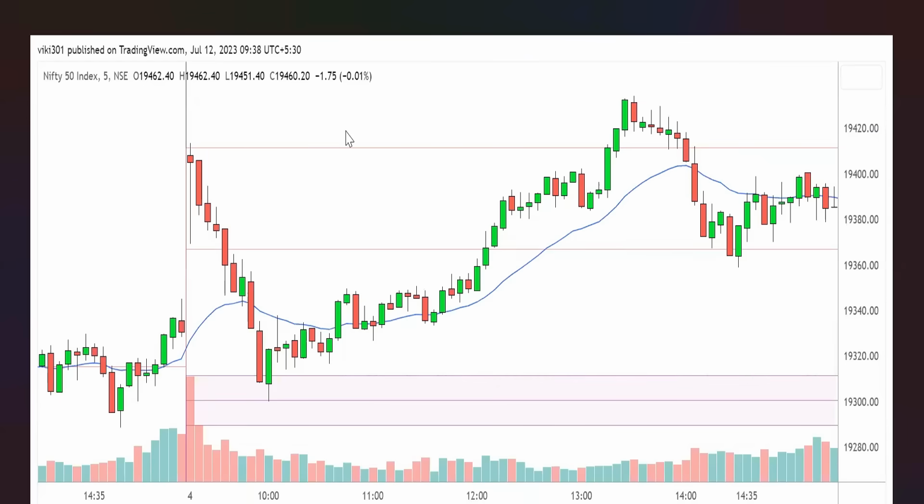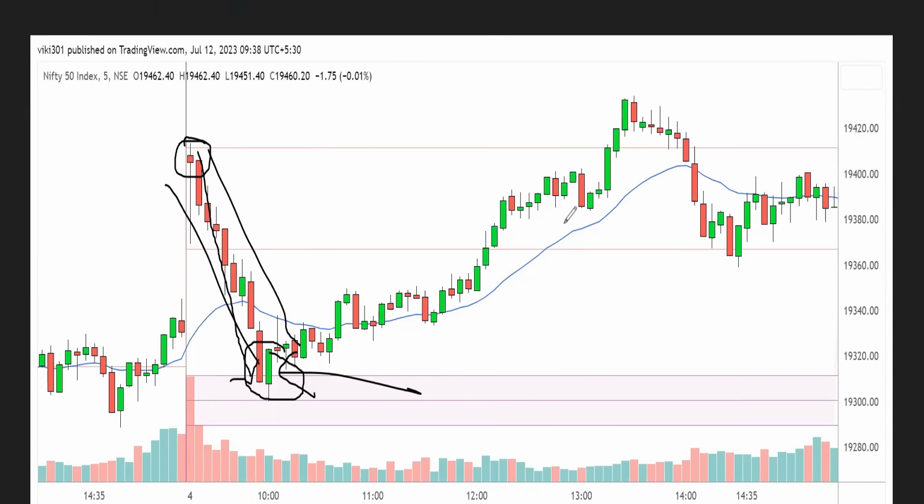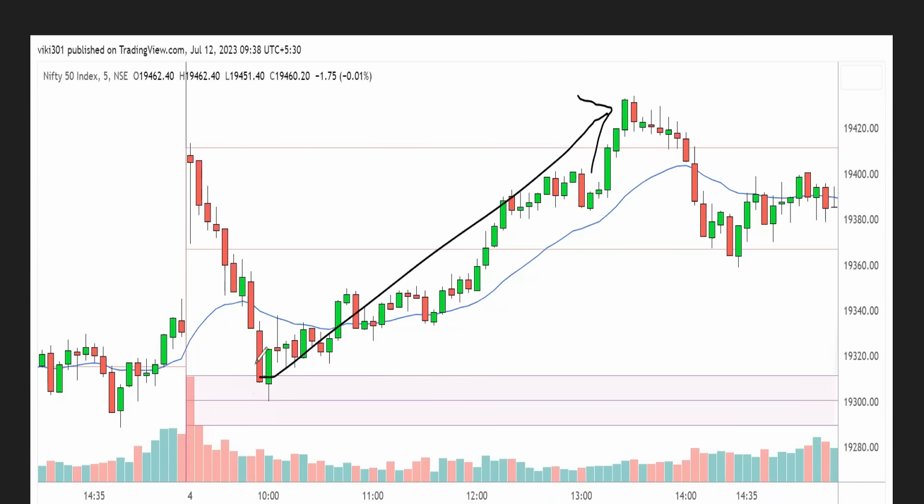Okay, you can see that this is one example of parabolic. Market opened here on 4 and first 1 hour non-stop fall, right? Non-stop move on the downside. So here I will prefer to take a long position. Why? Because after a parabolic move, after a strong down move, there is a chance of market going up or